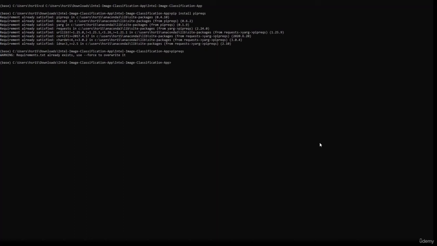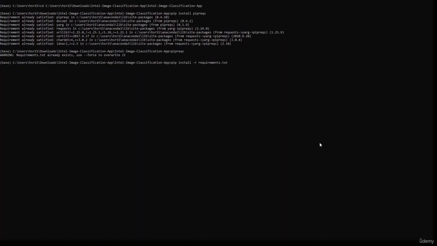In order to run this app, we should have all these requirements installed on our system. And how do we do that? For that, we will use the command pip install -r requirements.txt.